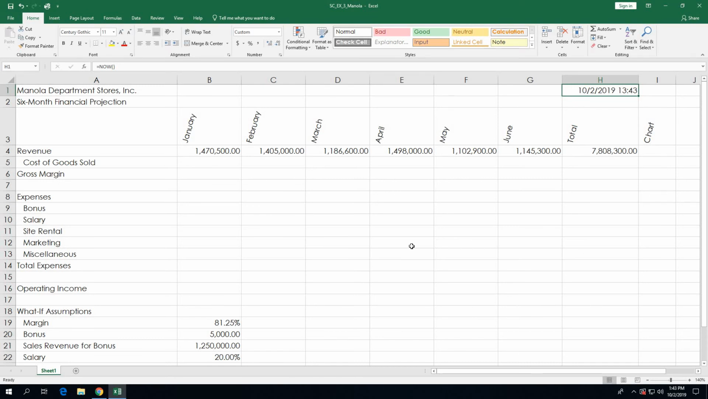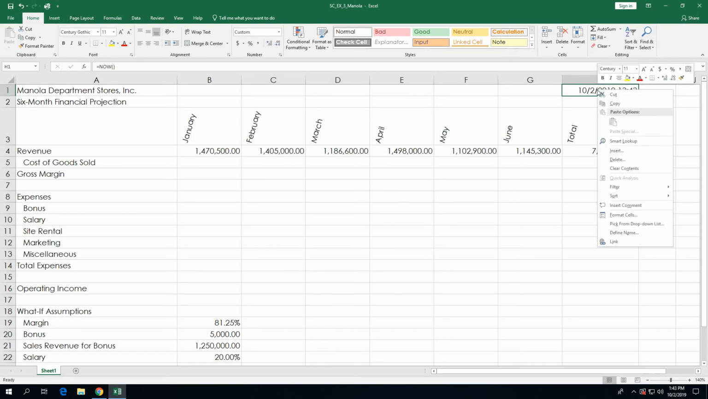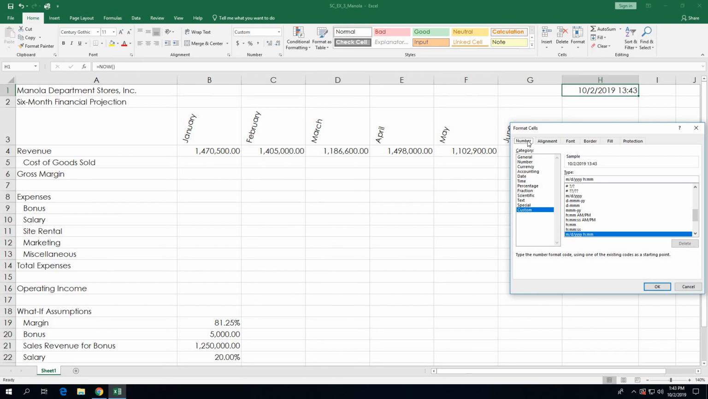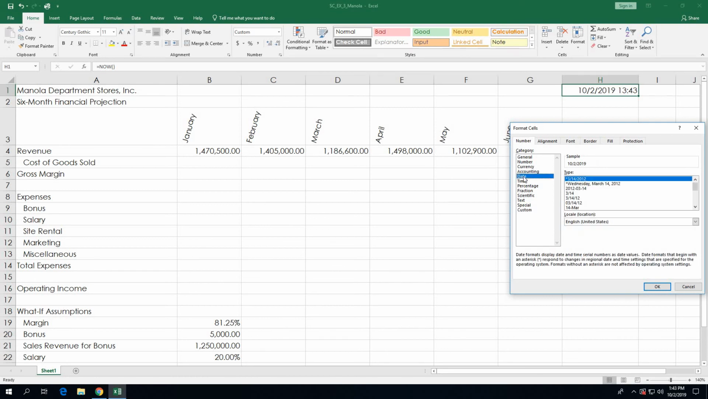So what we're going to do is make sure that cell H1 is selected. We're going to right click on cell H1, and we're going to click on Format Cells down at the bottom, and that'll open up the Format Cells dialog box. And then what we're going to do is click the Number tab, which is the first tab up here, and we're going to click Date in the category box right here, and then it will show various date formats under the type heading over here, and we want to